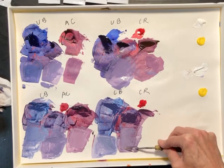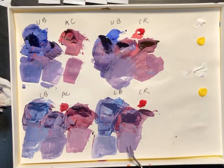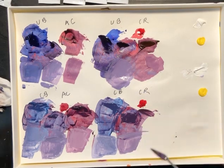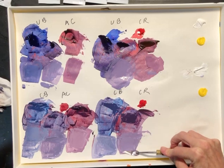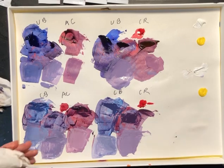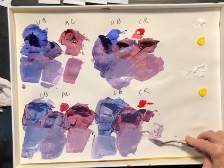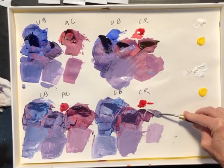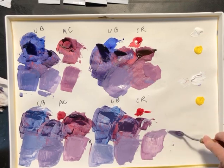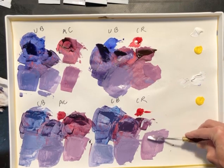These are all going to vary, obviously, because of their origin colors, but also the quantity of red or blue. But you can see, again, these are quite similar. Even with different blues, they're making pretty similar violets. What am I doing? So again, because these are so similar, I think I've made my point,